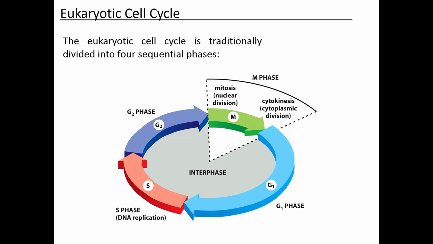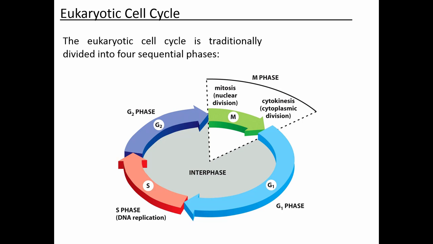When you draw it as a circle, you can see G1 here, S, G2, and M phase. The lengths of the arrows correspond to typically how long it takes for the phase to take place. So you can see that G1, S, and G2, which make up interphase, make up a majority of your cell cycle typically. And then M phase is only a small portion of the cell cycle.